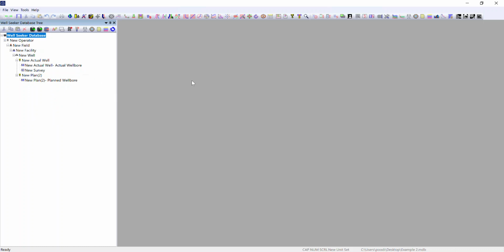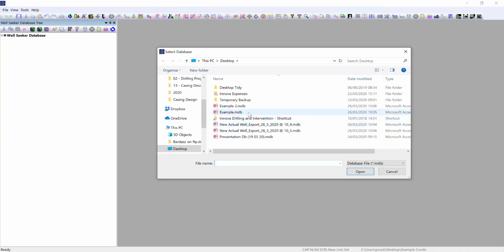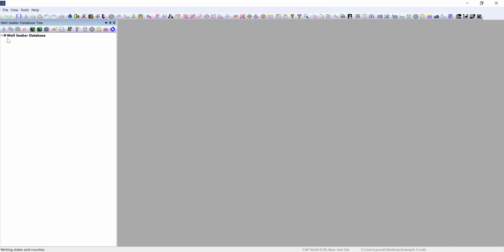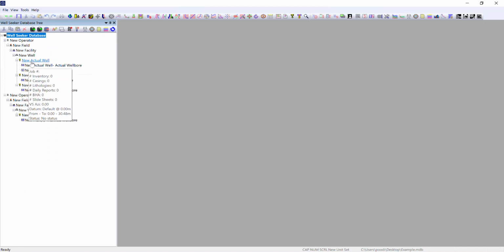There was the scenario where I said you are running a different version to the person you're trying to send an export file to, and that's not guaranteed to work. In this scenario, first of all, you try and update the versions so that they're the same. If that's not an option for whatever reason, then what you can do is go back to our original database. So if you wanted to export, say, those 2 wells again, but you can't send an export file, what you would do